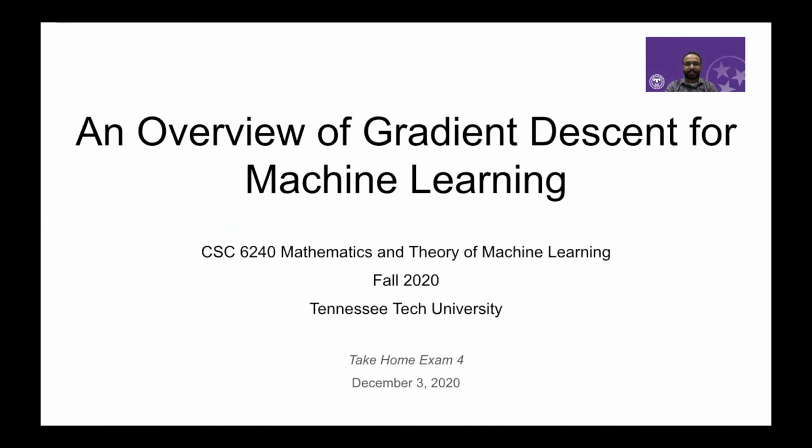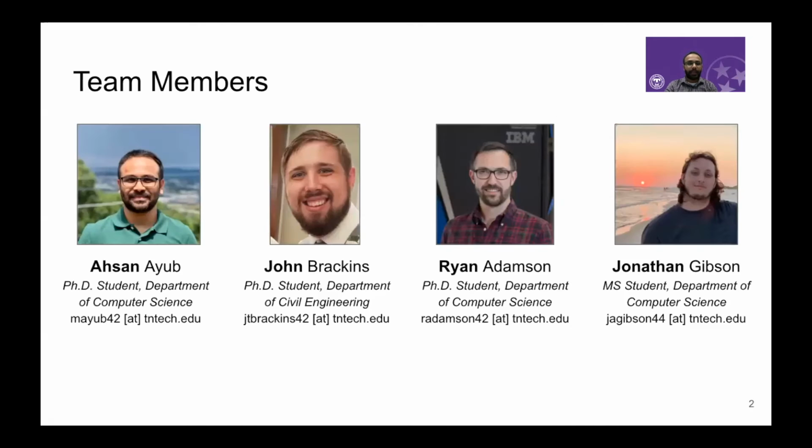The presentation that we are going to give today is entitled An Overview of Gradient Descent for Machine Learning. We are performing this presentation for the completion of the course CAC 6240, Mathematics and Theory of Machine Learning. This is a group presentation, and the team,